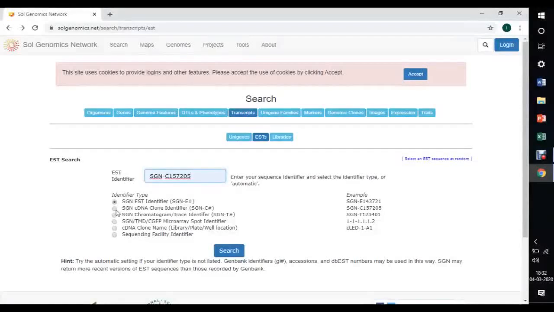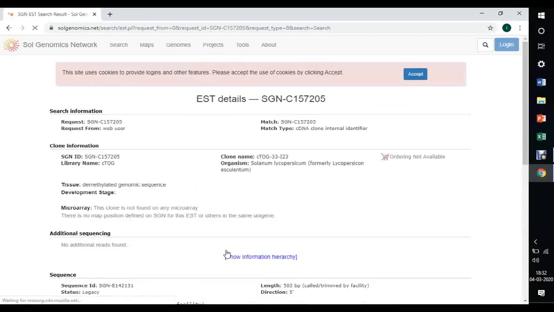In the EST identifier search bar, give the ID, choose the identifier type. If you know the exact name, give ID, otherwise give blindly search.